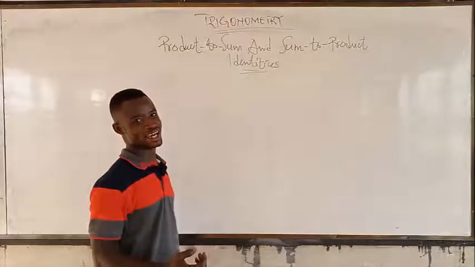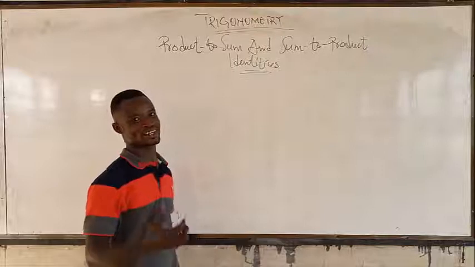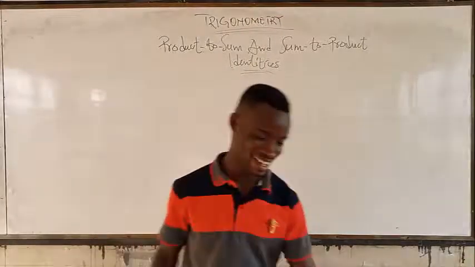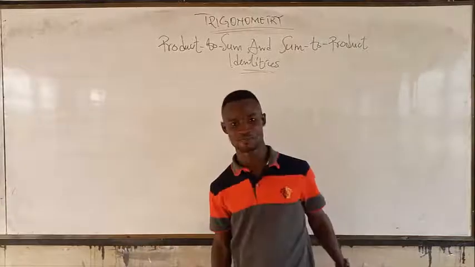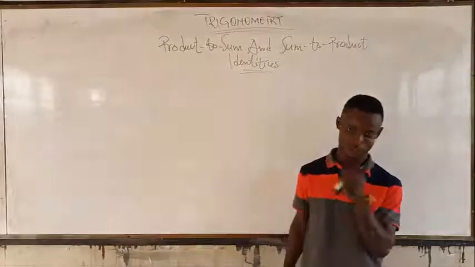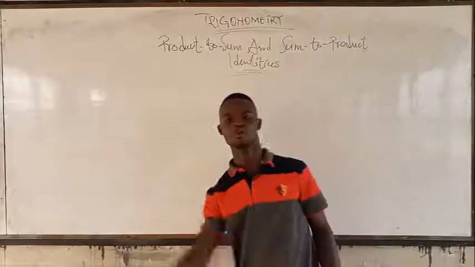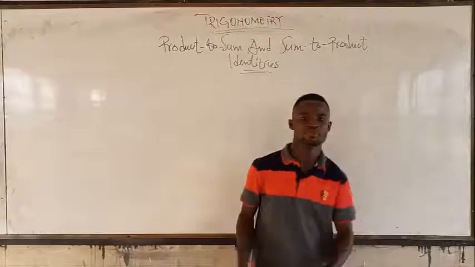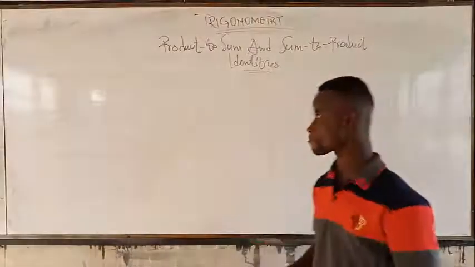Product to sum and sum to product identities. Welcome back. You are still getting through. You are not yet done until it is done. Now, because they make it possible to rewrite a product as a sum,